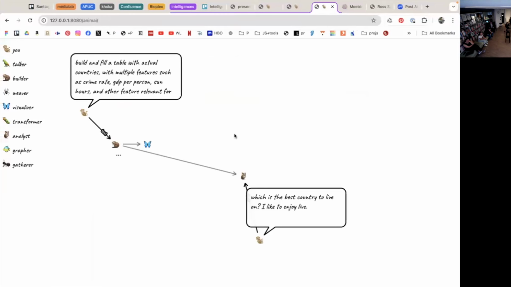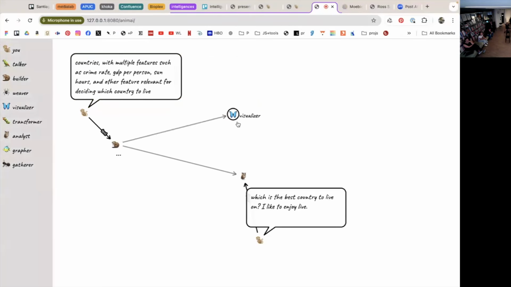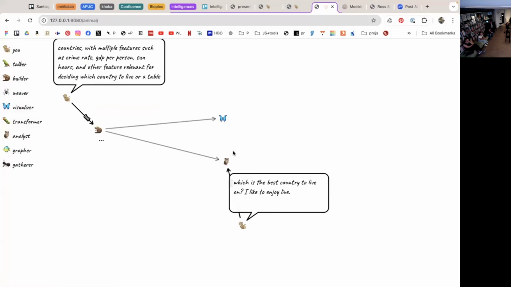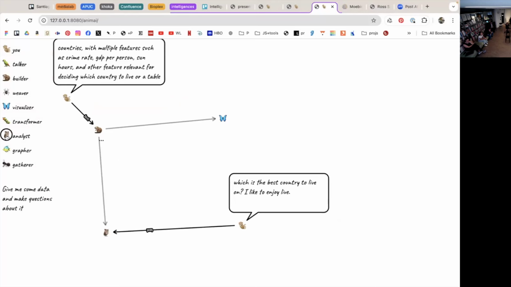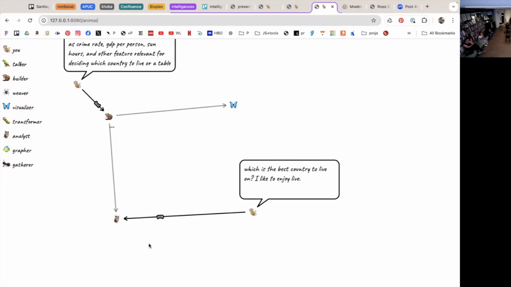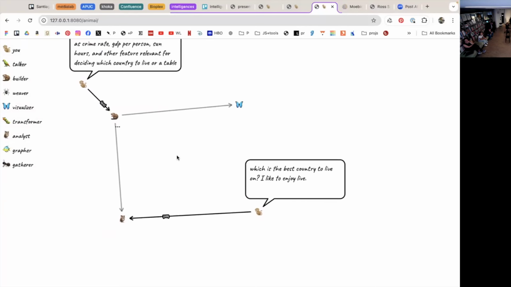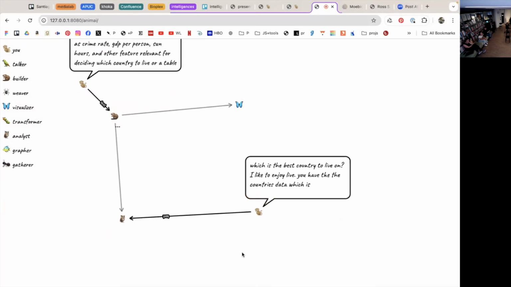So it's just asking for a table of countries for deciding where to live. But here I add a different agent, which is the analyst. And the analyst receives data and then performs an analysis. And this one I think is very interesting. It works very well in this little example, I hope we will see. I ask it, once you have the country's data, which is the best country to live,